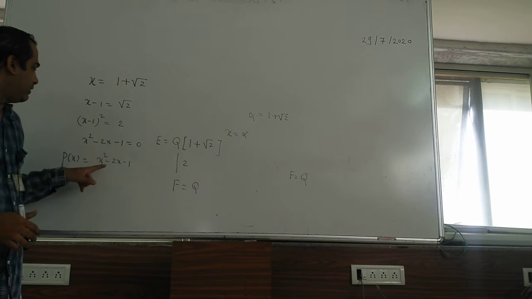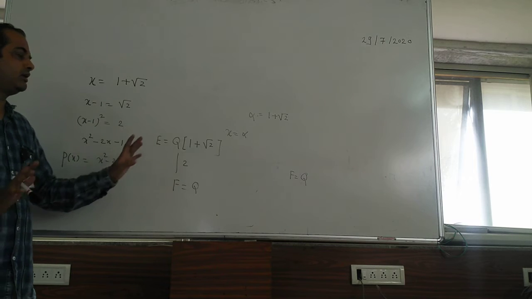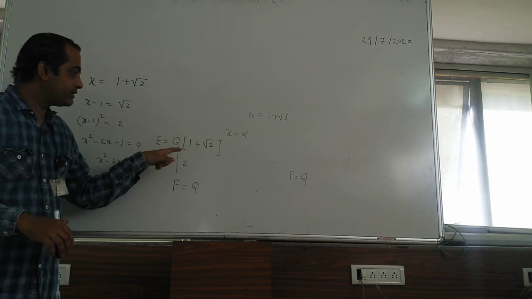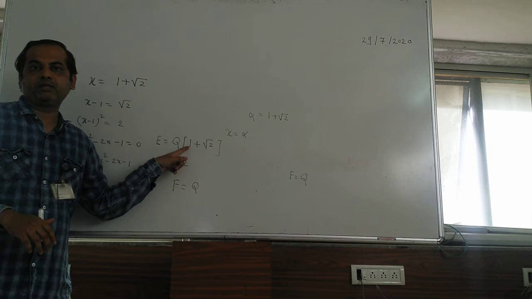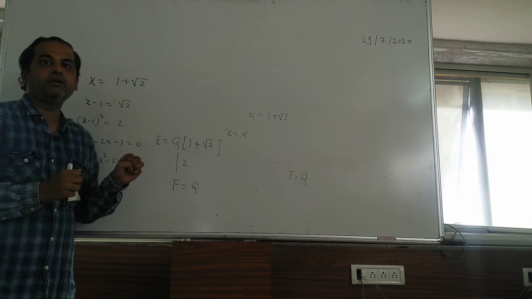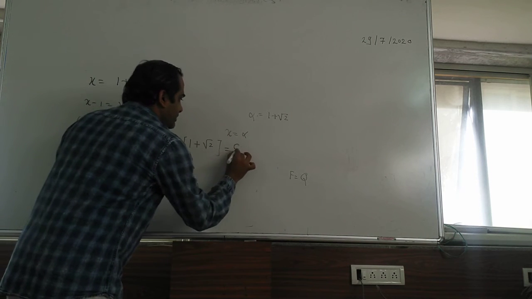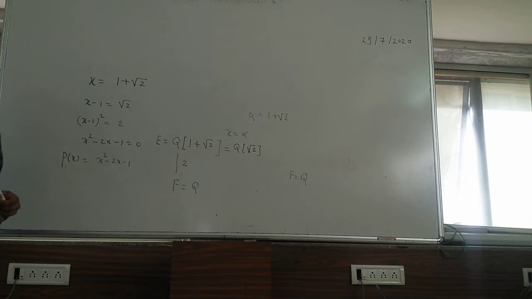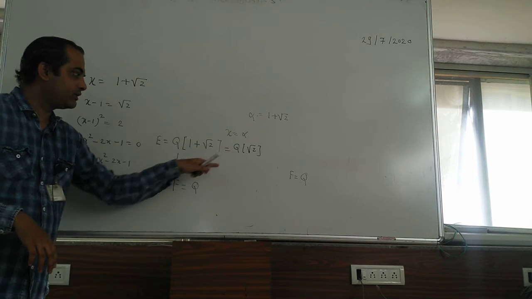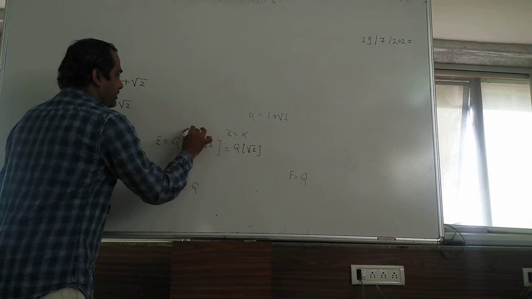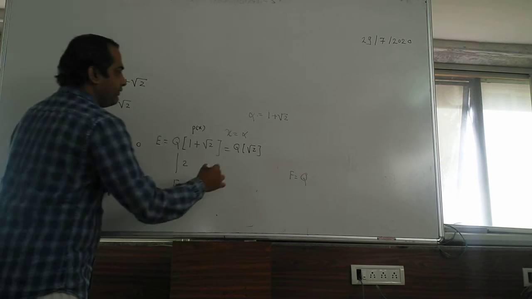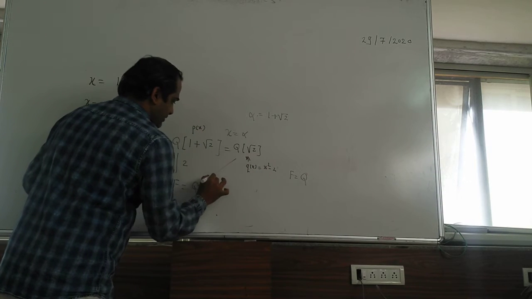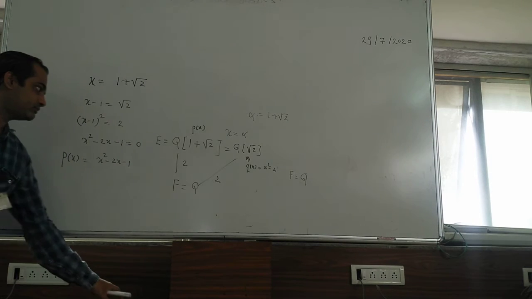Now how the degree of this polynomial and the degree of extension relate, we will see later on. We'll solve the exercise based on this. Now remember, there is an interesting thing. This 1 is a rational number, so it gets absorbed in the rational numbers. So this is the same as Q root 2. Are you getting this? Once again Q root 2, but the polynomial is different. For this polynomial, P of x is this. For this one, Q of x is just x square minus 2. But the degree of extension is also 2. So that is what we have.